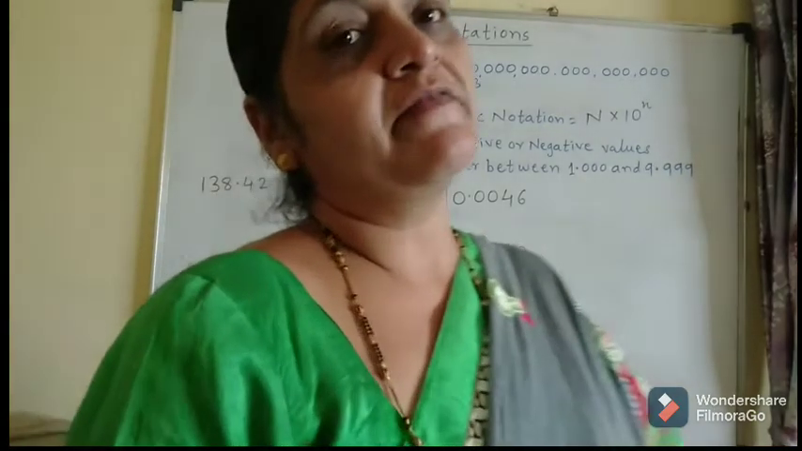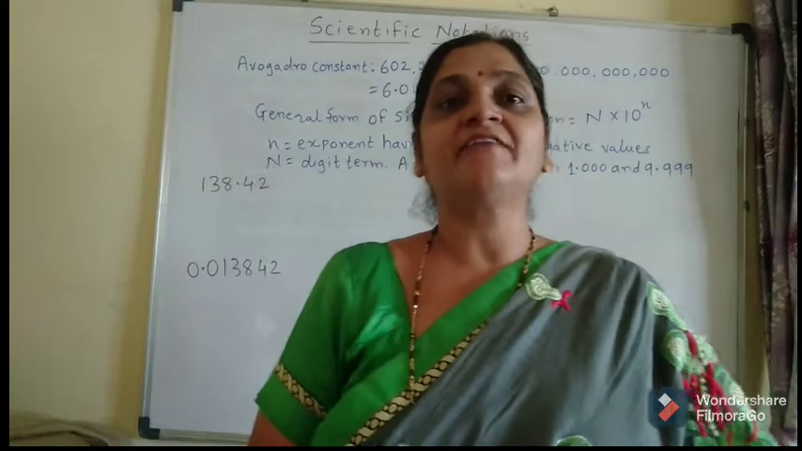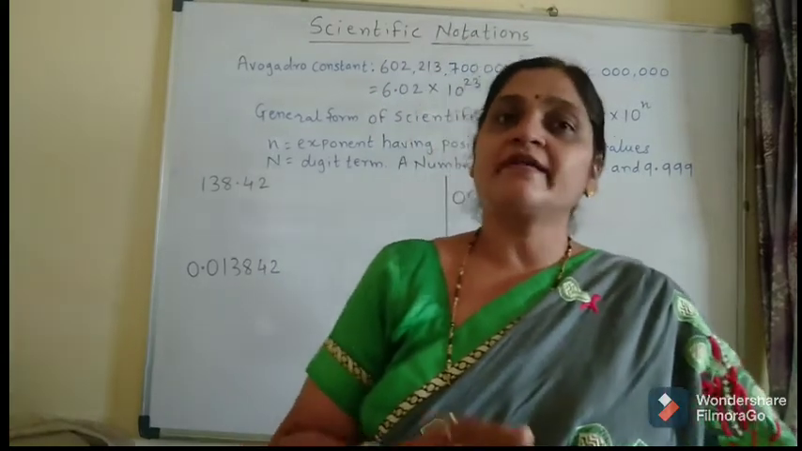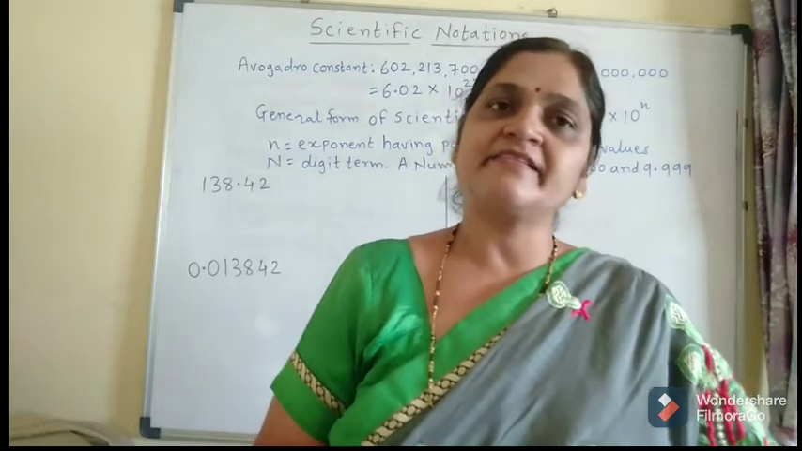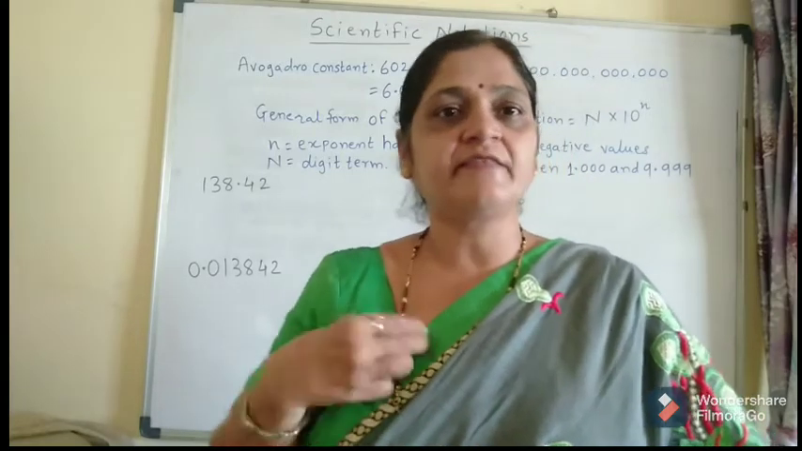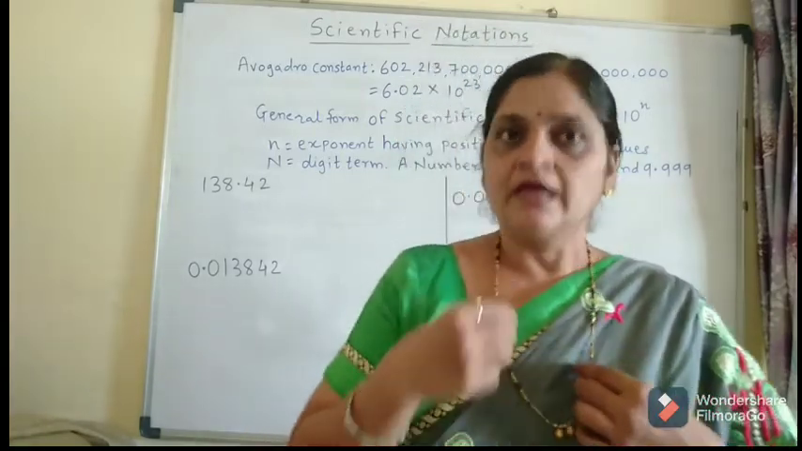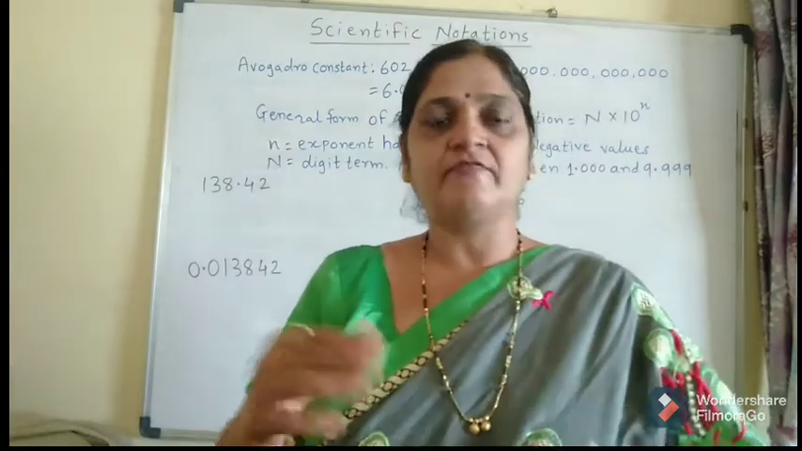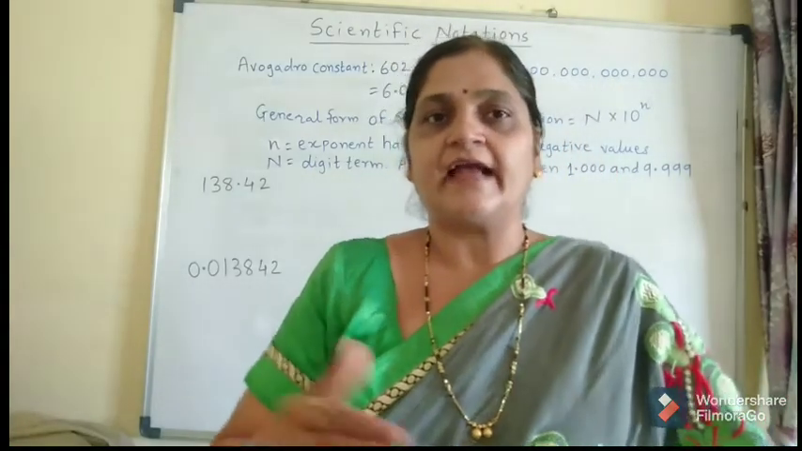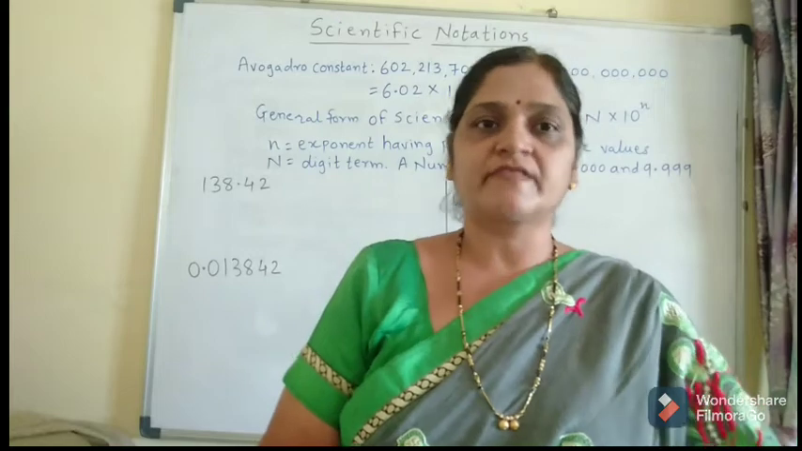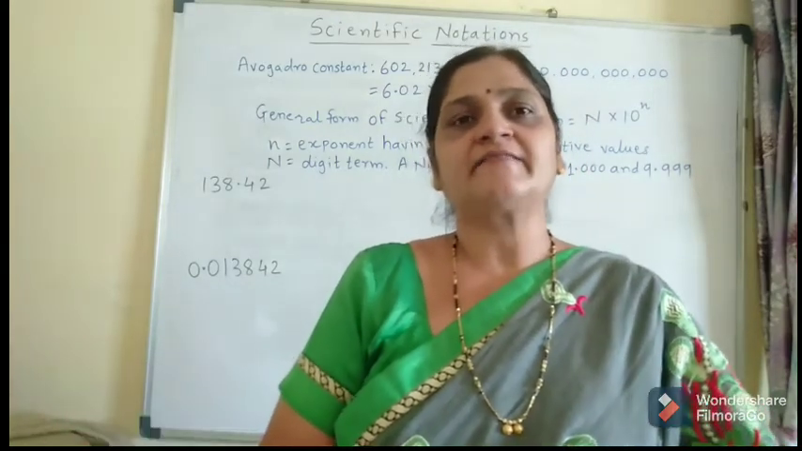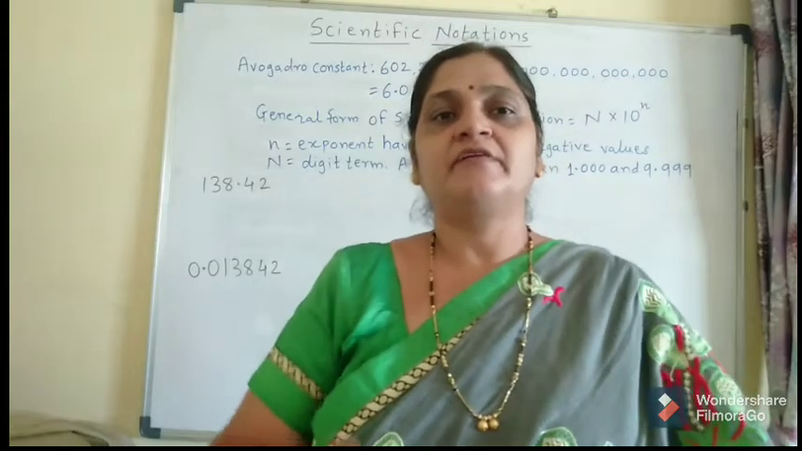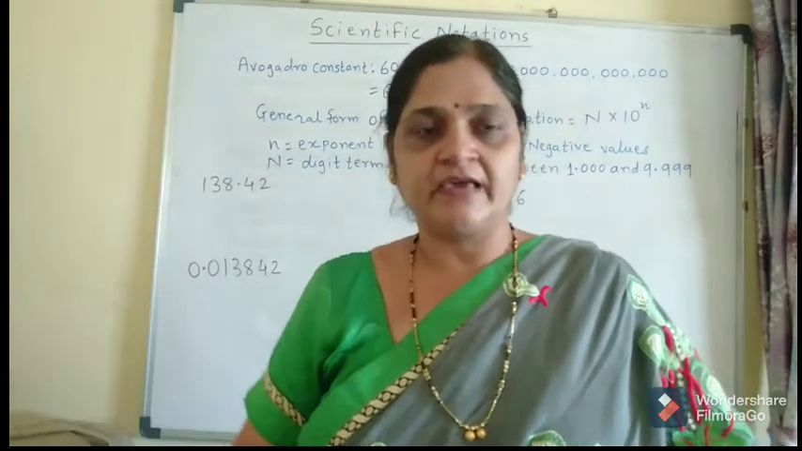Hello students, today we are going to discuss scientific notation. Now what is the meaning of scientific notation? You all know that in chemistry we are dealing with very large numbers or very small numbers. When we are dealing with such numbers in chemistry, like atomic radius or Avogadro's constant, every time it is very difficult to write these small numbers by putting 0.0000 in this way, or